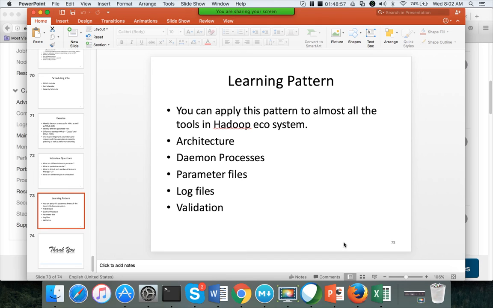All those things will be taken care of for each and every component in the Hadoop ecosystem, which we will be covering as part of the next I think 5 or 6 classes that are remaining. From here, every class 1 or 2 tools will be covered. Hive will be one of the bigger ones, and Spark will be the other bigger one. The rest of the topics are very small. In some classes, we will be covering 2-3 topics also.